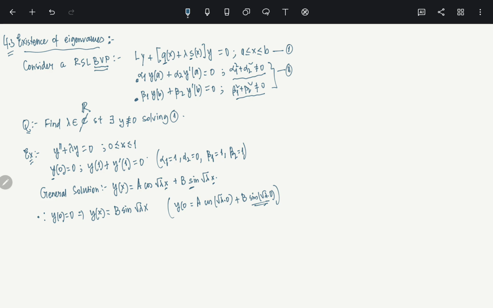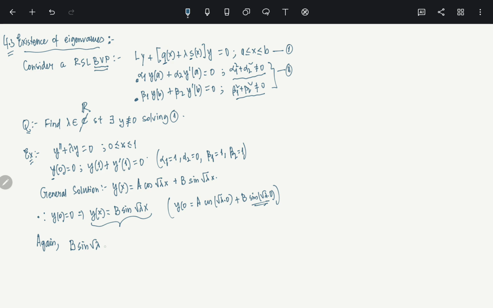Now we have the next condition. Again, y at the point 1 is what? Let's understand y at the point 1. So now you see, we do not have to employ this condition on this equation. Why? Because we already have y reduced to this particular part, that y(x) is b sine root lambda x. This we know. So if we put it, it gives b sine root lambda x at 1 in our case,